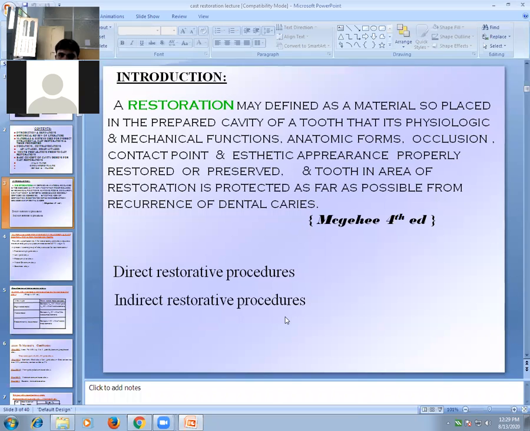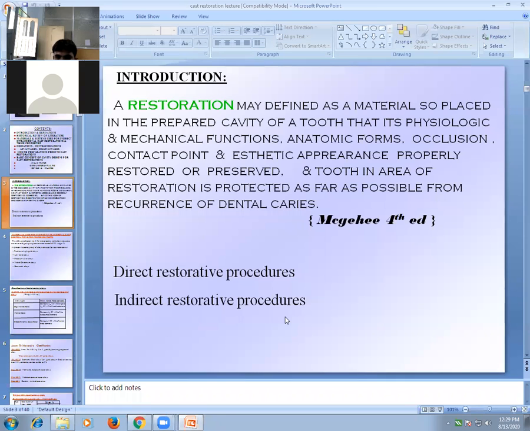Right. So we can divide restoration into two parts. The restoration can be a direct one or an indirect one. In direct restoration, we include amalgam, glass ionomer cement filling, composite restorations, and all other cements that we directly place in the prepared cavity. That is called a direct restorative procedure. In a direct restorative procedure, we prepare a cavity, then we place the restoration. But in case of indirect restoration, what do we have to do? We have to prepare the cavity, then take the impression, and prepare the wax